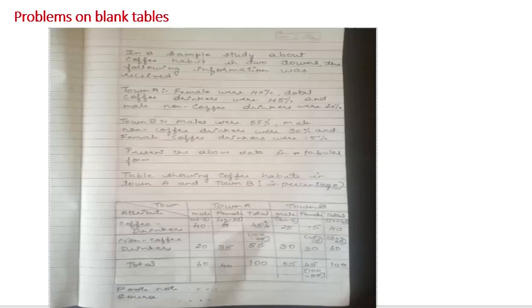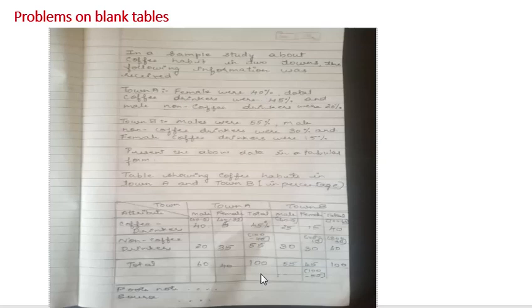So we will divide here and fill the information. Now the total is percentage, no? So the total will be considered as 100. Both male, female, coffee drinkers, non-coffee drinkers, total, see here 100, here 100. Even if they don't give that information, we will know, because it is in percentage. When it is percentage, we consider the total as 100. So here you will put 100. Now we will fill the information.